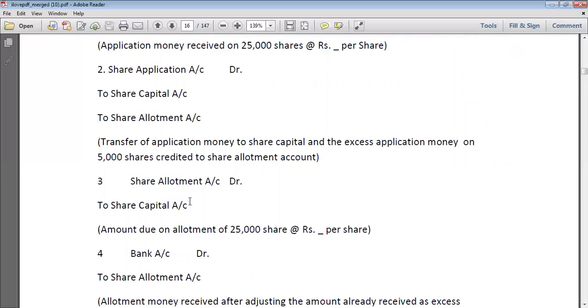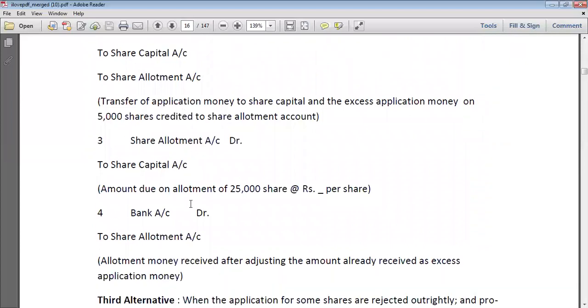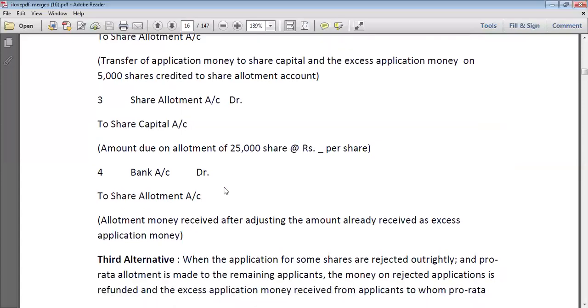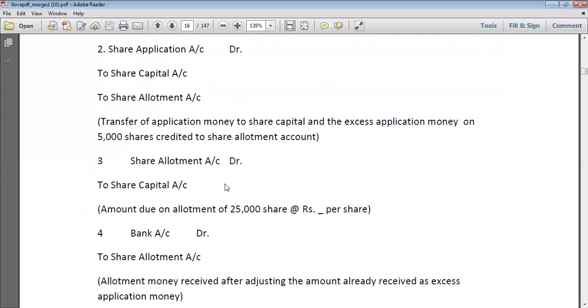Okay. Now, when we allot the shares to the public, we will pass the entry share allotment account debit to share capital. And when we receive the amount of share allotment, bank account debit to share allotment account. Okay. So these entries will be made in the books of the company. So this is the basics of issue of shares, accounting entries of issue of shares. Here accounting entries of shares is over. Now in the next lecture we will